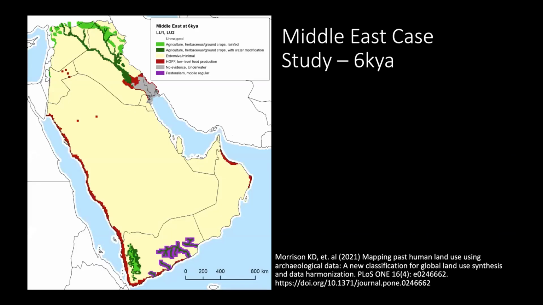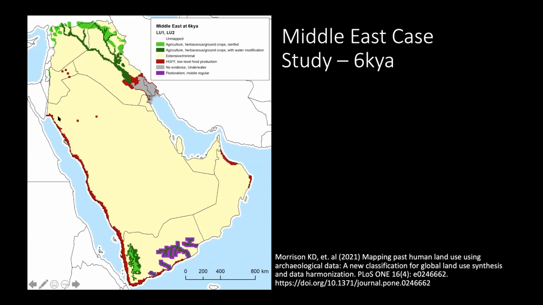So we had a case study in the PLOS One paper that just came out showing what this looks like in the database structure as it exists for classification. This is the case study for the Middle East at 6,000 years ago, using these 8 by 8 kilometer grid cell sizes. And so at 6K in the Middle East, we can track quite a large number of different dominant land use types